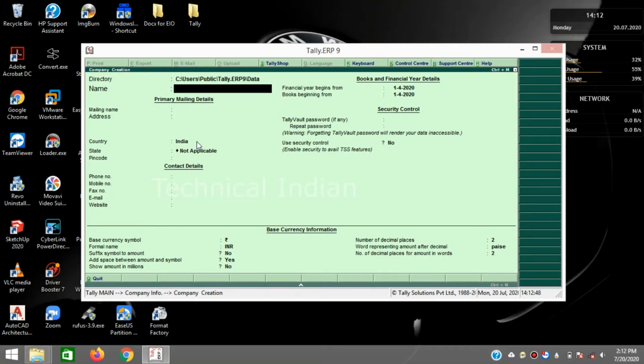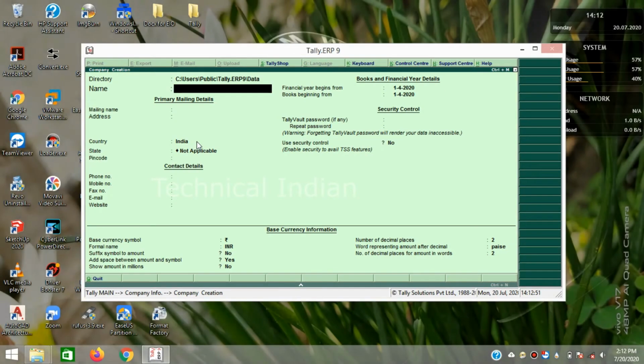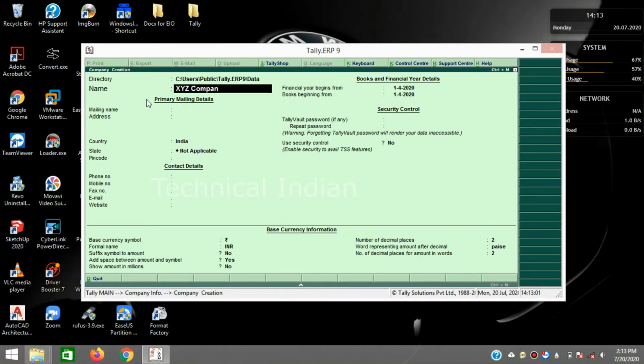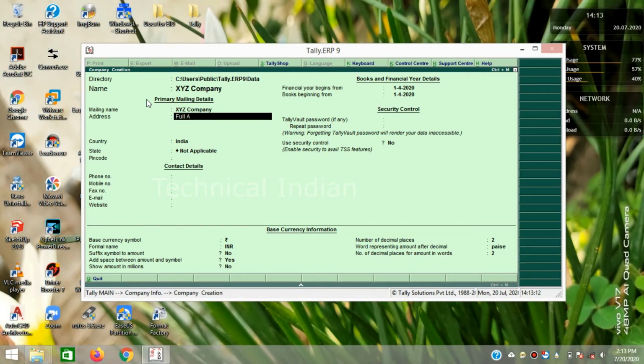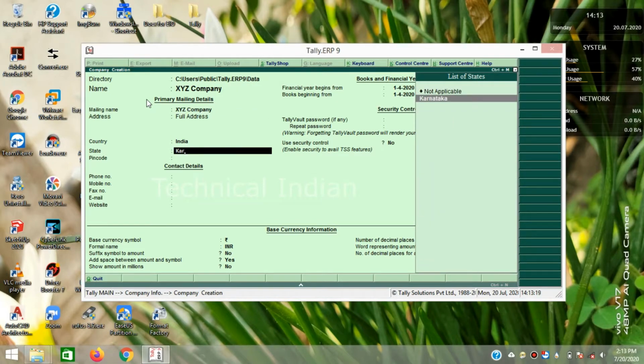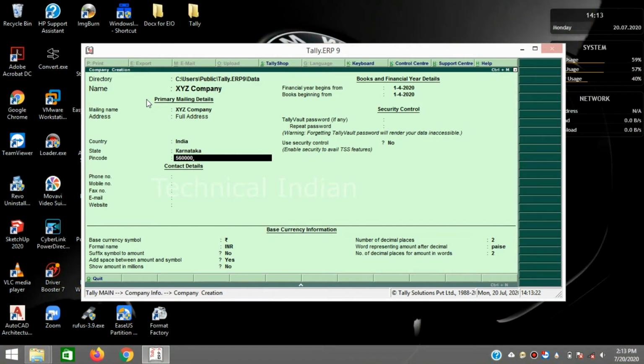Enter. This is a directory where the Tally ERP data will be saved, and enter your company name, suppose XYZ, and mailing name and company address. Type the full address of the company, and then country, state, so I am selecting Karnataka, and pin code, and then contact number,